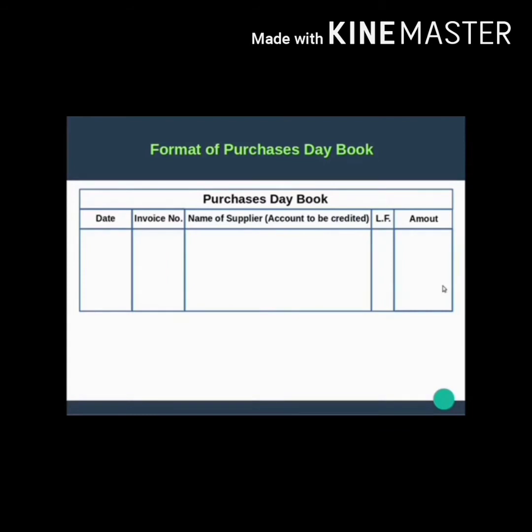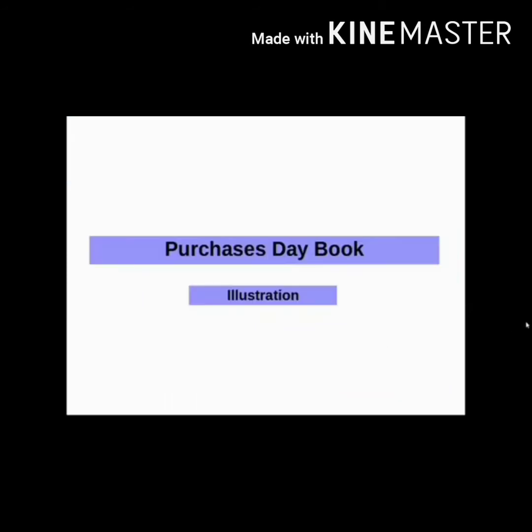आपने किससे सामान खरीदा है, कितनी क्वांटिटी में खरीदा है, you have to mention all things here. And LF column, which always remains blank. Ledger folio column आपके लिए blank रहेगा. Invoice number, the number which is always given in the question. आपके पास हमेशा question में invoice number given होगा. What is invoice number? When you purchase on credit from the supplier, the bill given by the supplier to you has a number mentioned on that particular bill, वो आपको डालना है.